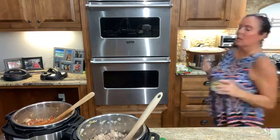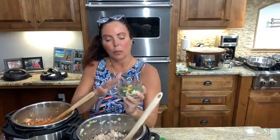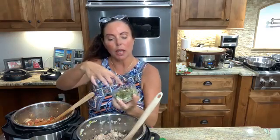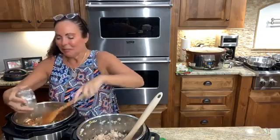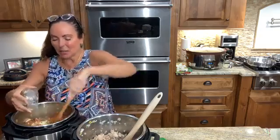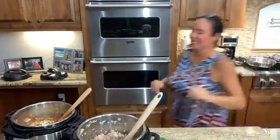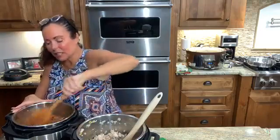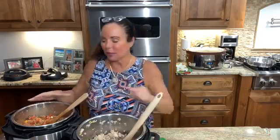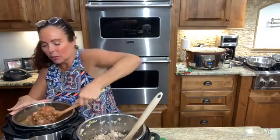Because I cooked this one on the stove, I didn't have all of the wonderful flavors that were part of the jalapeno, the habanero, all the smoky goodness. So I'm going to go ahead and add those into this one, because that one was in there while it was cooking. But when I did it on the stove, it wasn't, so I could actually show you what it looked like. This is where you're going to see a ton of the flavor come out. I love to cook with complexity of flavors, building on flavor one after the other. And I may add the rest of those